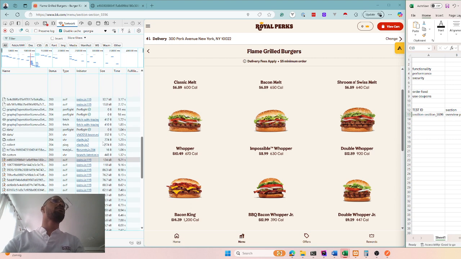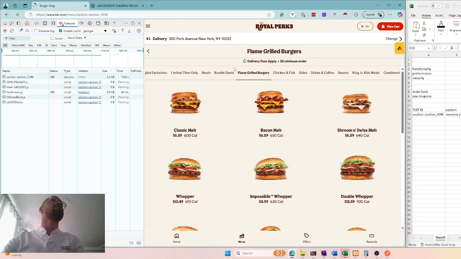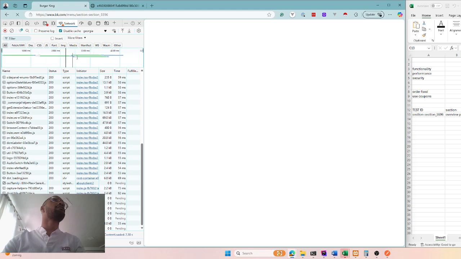Load time currently on this page is currently